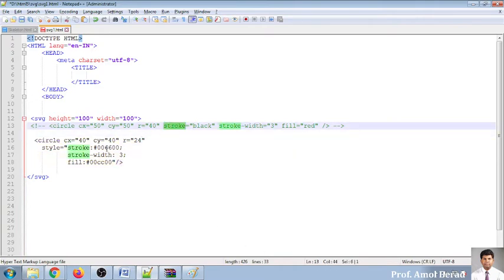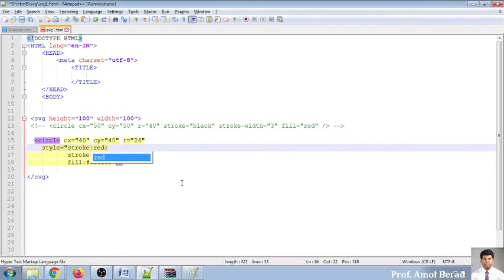Now here I don't want to use this attribute. सो मुझे स्टाइल शीट यूज करना है. तो इन दो सिचुएशन you can write attributes like for the circle X and Y coordinates are there, and style sheet can be set just like a previous one. Stroke यानी आपको बॉर्डर को कलर कौन सा देना है, मुझे यहाँ पर देना बॉर्डर को रेड कलर, तो मैं यहाँ पर रेड लिख रहा हूँ.